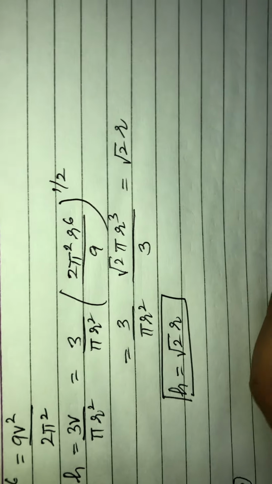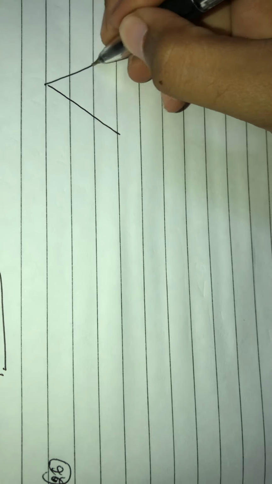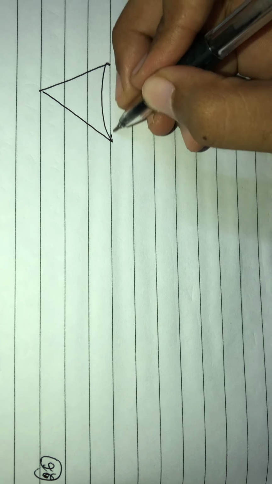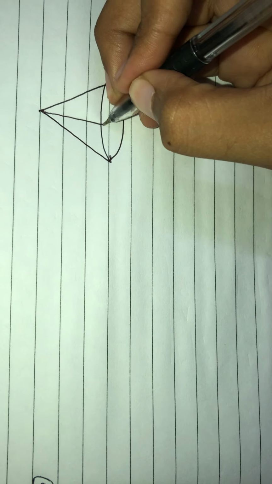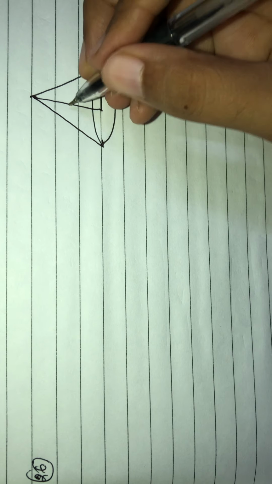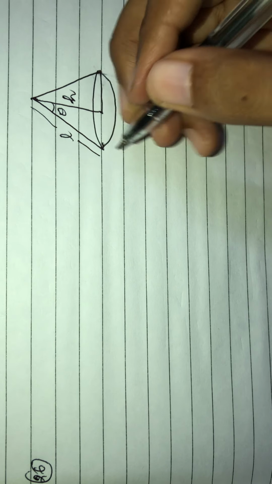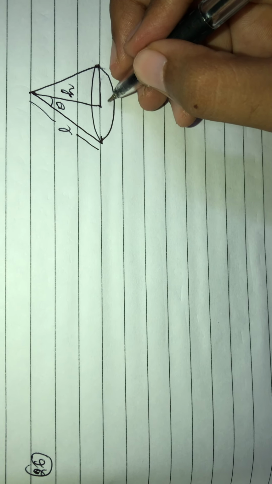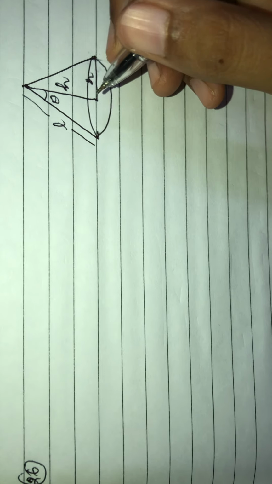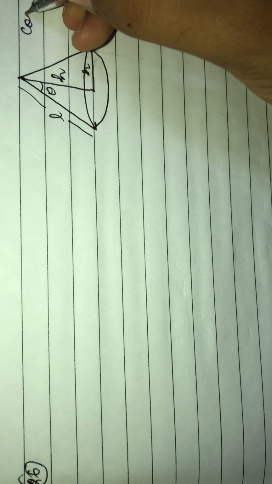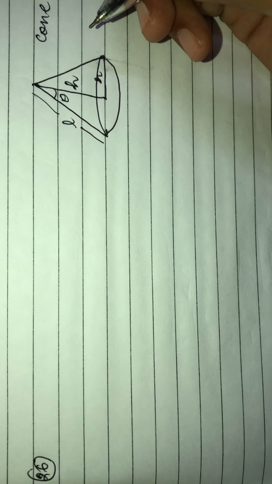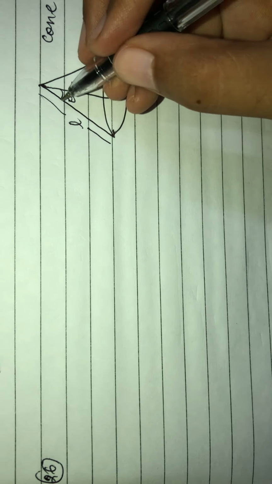So basically what they want to say, let's suppose this will be your cone, and here the cone is given, and this is height, this is angle theta, this is your slant height, and this will be your radius. Now r, h and l be the radius, height and the slant height of a cone. This cone is given to you. Now volume will be V and S will be the surface area we are taking, and theta be the semi-vertical angle of the cone.